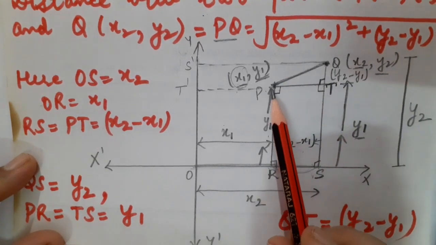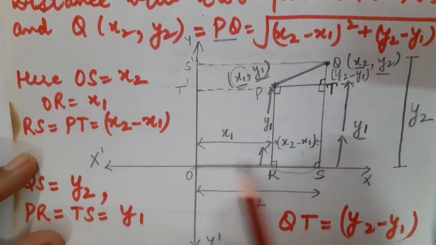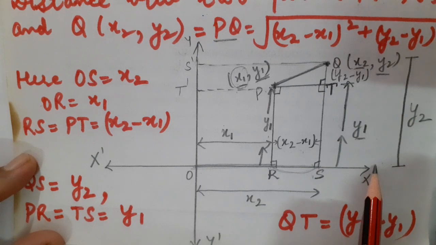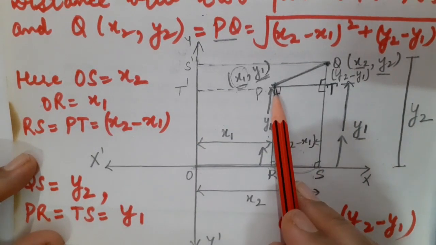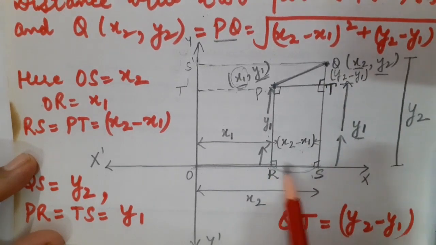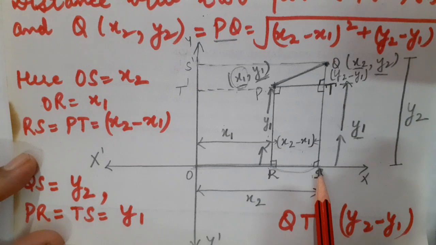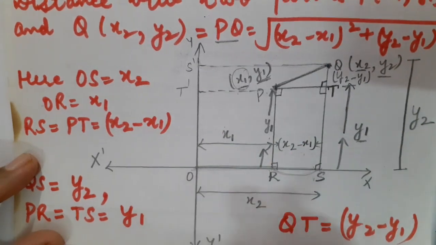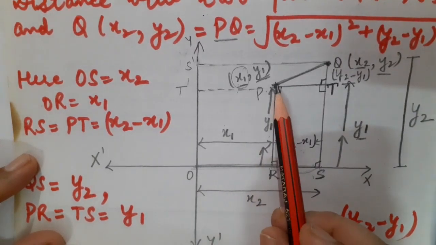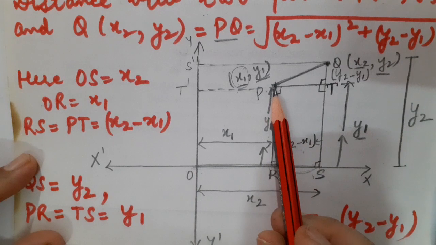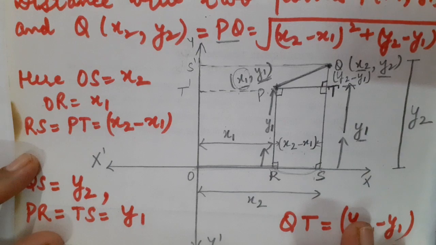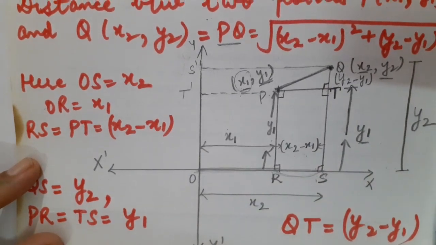Basically, children, I have drawn the perpendicular lines, that is PR on x-axis, and of course QS also on x-axis. Fine. In the same manner, I have drawn the perpendicular line, that is PT on QS, and of course you can say that RS also on QS. Fine, students. So this part I am going to explain to you in construction. So this was all about how we can come to know about the distance of the coordinate which I am going to plot on the Cartesian plane from the y-axis as well as from the x-axis. Fine, students. So let us start its solution now in the actual sense.